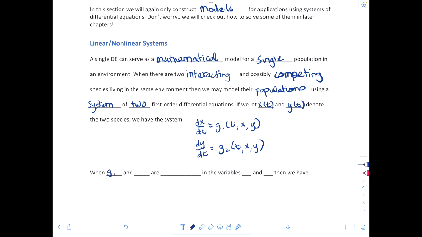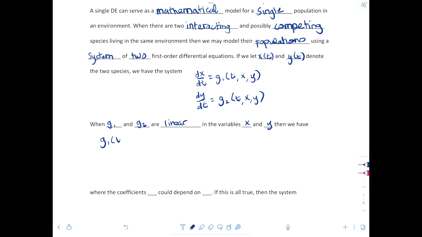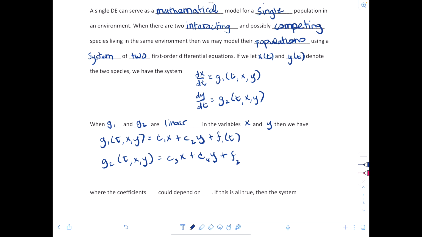When g1 and g2 are linear in the variables x and y, then g1(t, x, y) equals some linear combination of these things, so writing that as c1 times x plus c2 times y plus some f1(t), and g2(t, x, y) equals c3 times x plus c4 times y plus some other function f2(t),